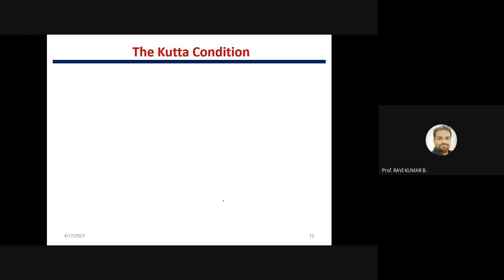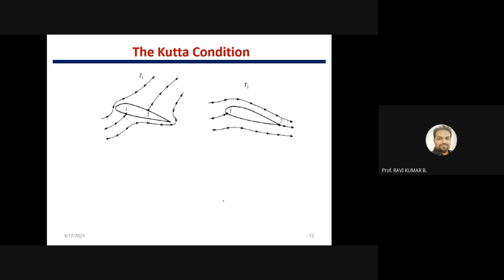From a pictorial point of view, just look at this, this is the airfoil, right? Not only an airfoil, any kind of object which is moving through air will have two stagnation points. One is at the front, one at the back. Front where flow is getting attached, and back where flow is getting detached. So this is the one case at some angle. If you are keeping it, you will get one stagnation point here, flow is getting attached, then it's coming like this, and then it is separating, right? So this is the second stagnation point at some value of circulation gamma.